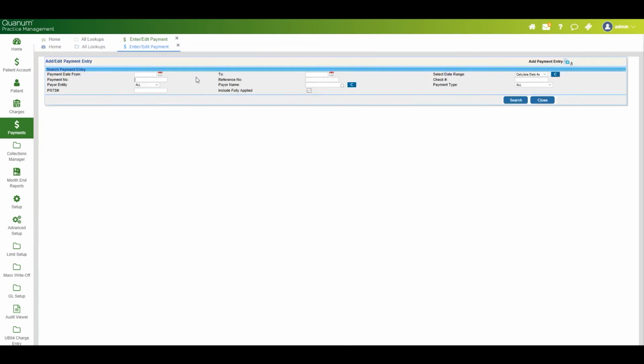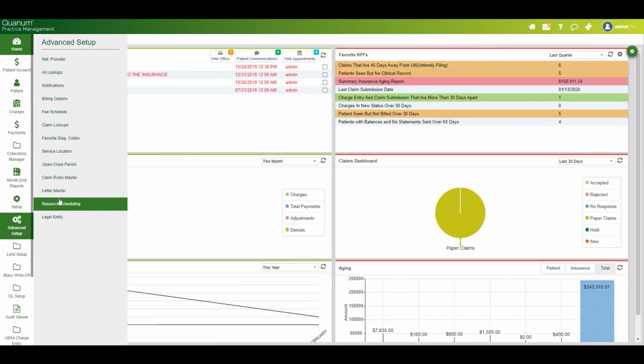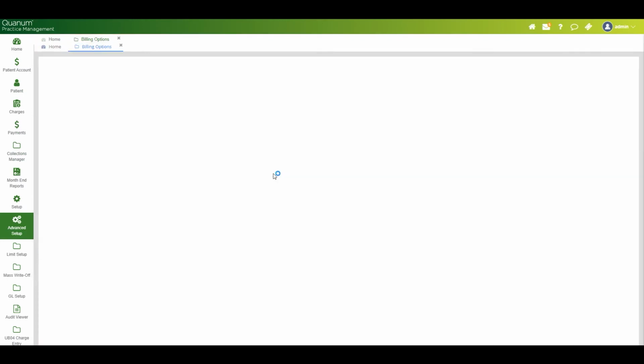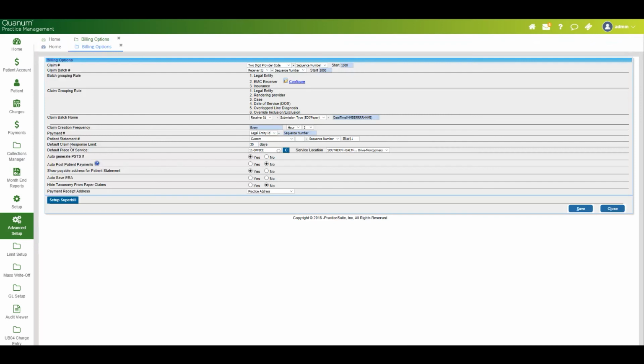The last item on the administrator portion we're going to look at is how you can set up auto patient payment posting. Now if you go under the advanced setup, there is billing options. In the billing options, you can see there are various setups here. Just look for auto post patient payments. There are two options here, which is you can set to yes or no. The default is always no. If you select yes,